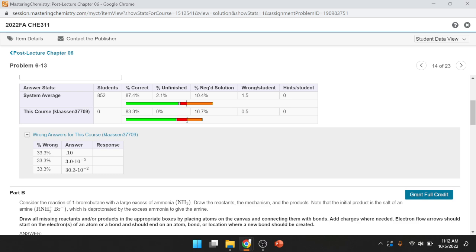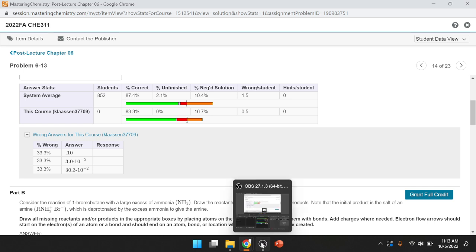Okay, so consider the reaction of 1-bromobutane with a large excess of ammonia. Draw the reactants, the mechanism, and the products. Note the initial product is the salt of an amine, which is going to be deprotonated by the excess ammonia to give the amine. I'm going to stop this and I'll start it